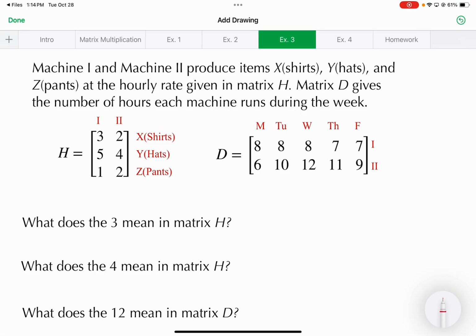Okay, here we go. Matrix C gives the number of hours each machine runs during the week. Okay, so we've got H and we've got matrix D. H tells you,